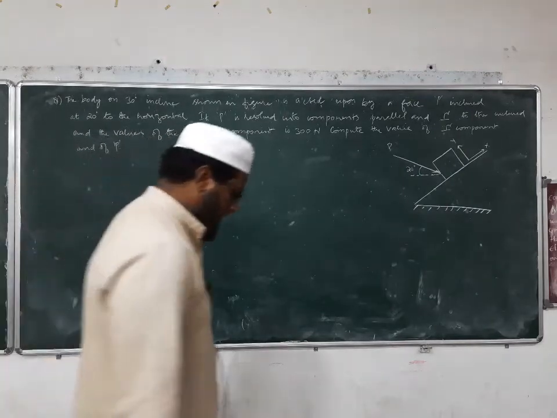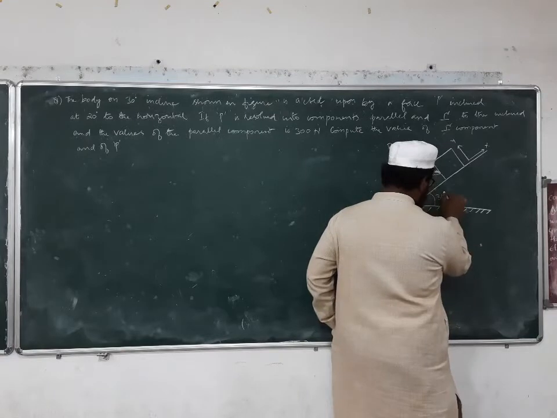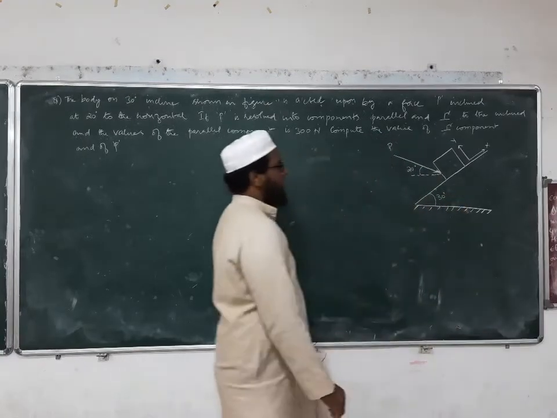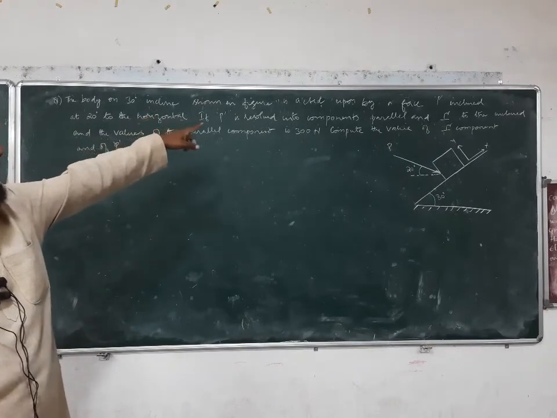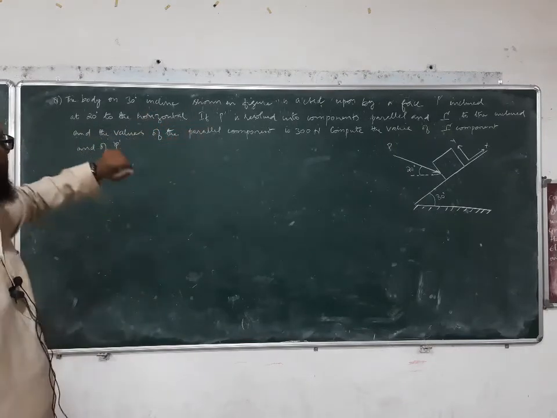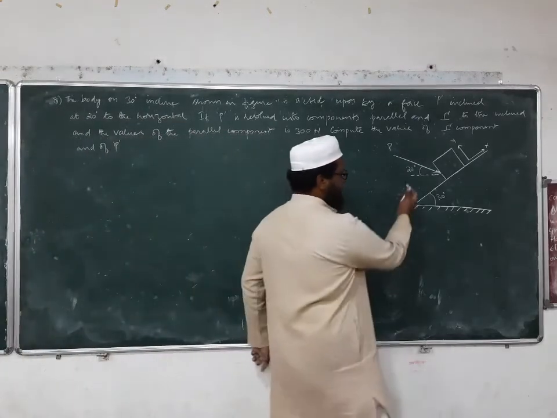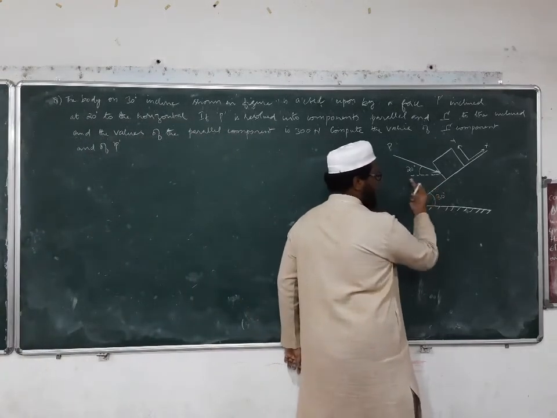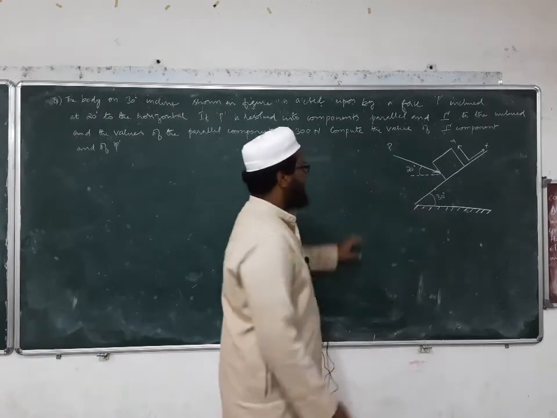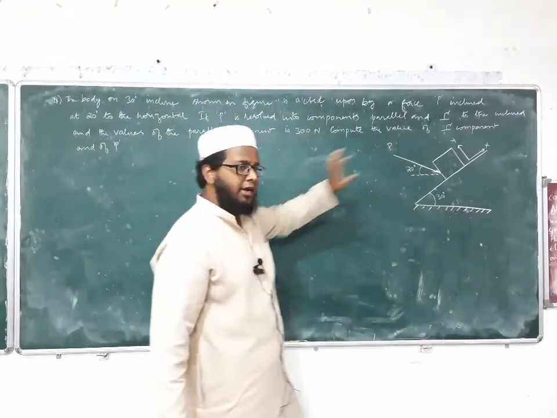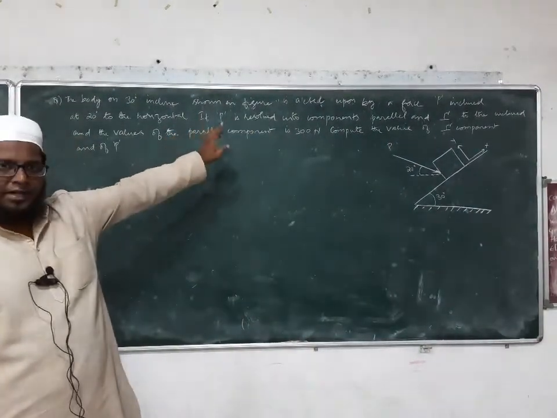This angle is given as 30 degrees. Okay. So now in the question, if you see the figure, the body is inclined 30 degrees as shown in the figure, acted upon by a force P inclined at 20 degrees to the horizontal. To the horizontal is nothing but this horizontal line, which is parallel to this line. So the force P is inclined, and it is asking us to calculate the components Px